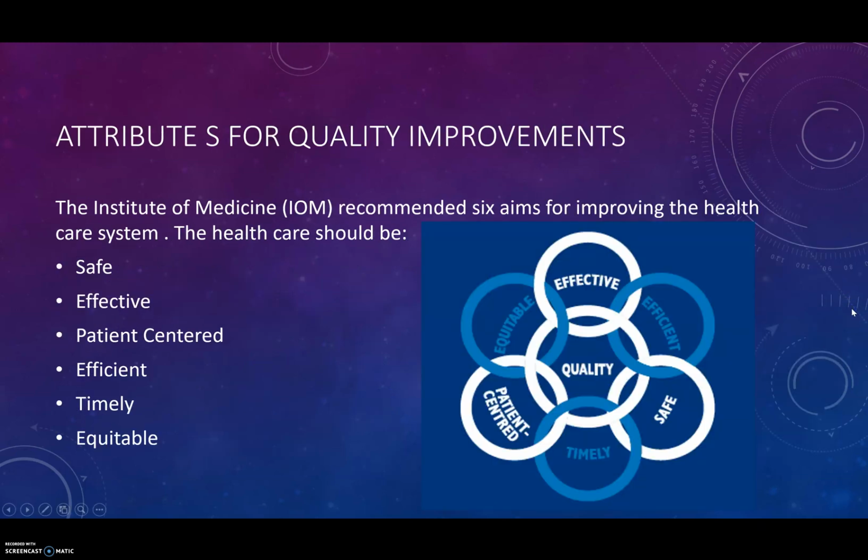There are several attributes of quality improvement. It is important that healthcare be safe, effective, patient-centered, efficient, equitable, and always delivered in a timely manner. The safe attribute entails making sure the patient avoids injuries from the care that is intended to help them be safe. The effective attribute involves giving services based on scientific knowledge to all who can reap the benefit and not providing services to those who would not gain anything from them.